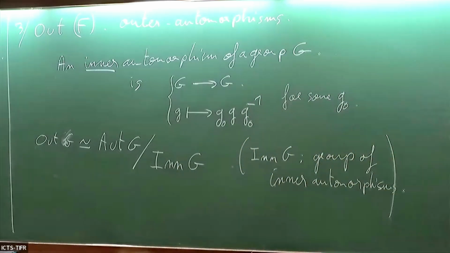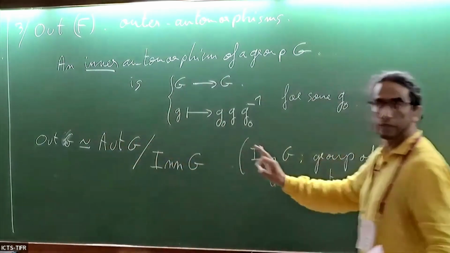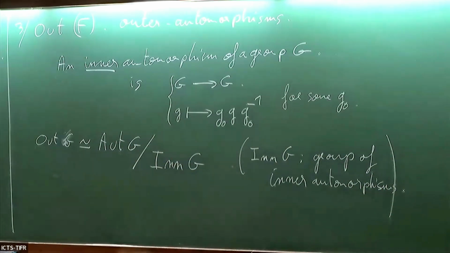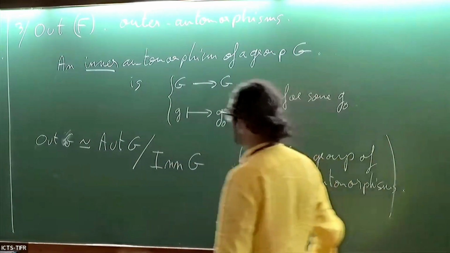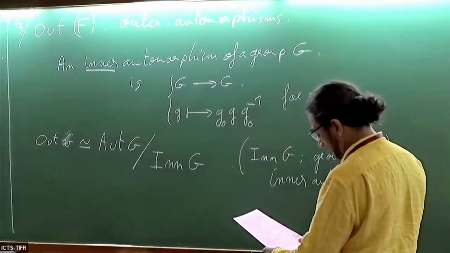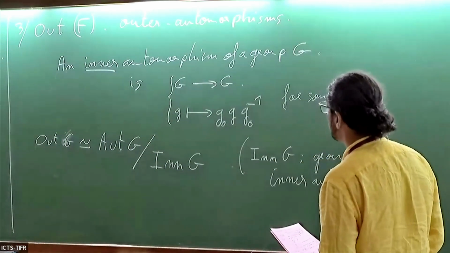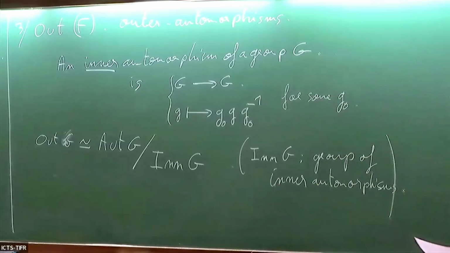So each time we could be interested in the automorphism group. It's interesting to look at the automorphism group in its own right, but very often we look at the outer, and in large part of what I will say, but not all, we'll talk about the outer automorphism group. So now when I will give some properties, classical properties that some outer automorphism may or may not have,